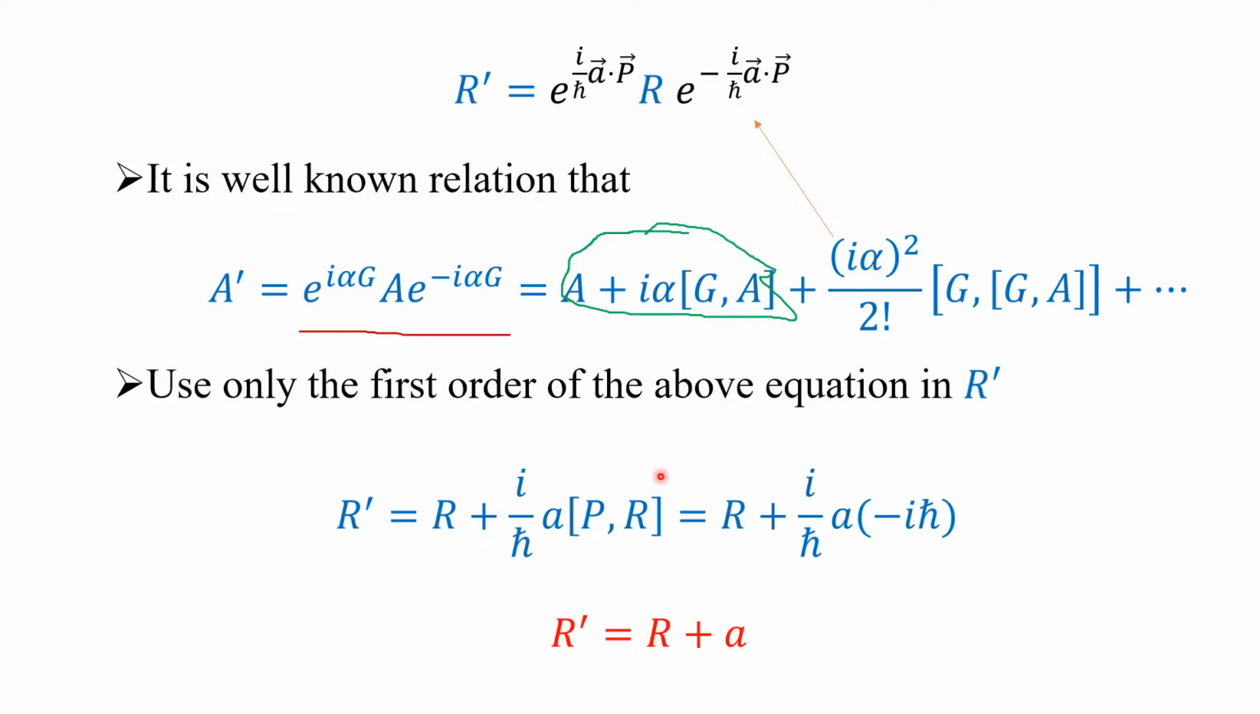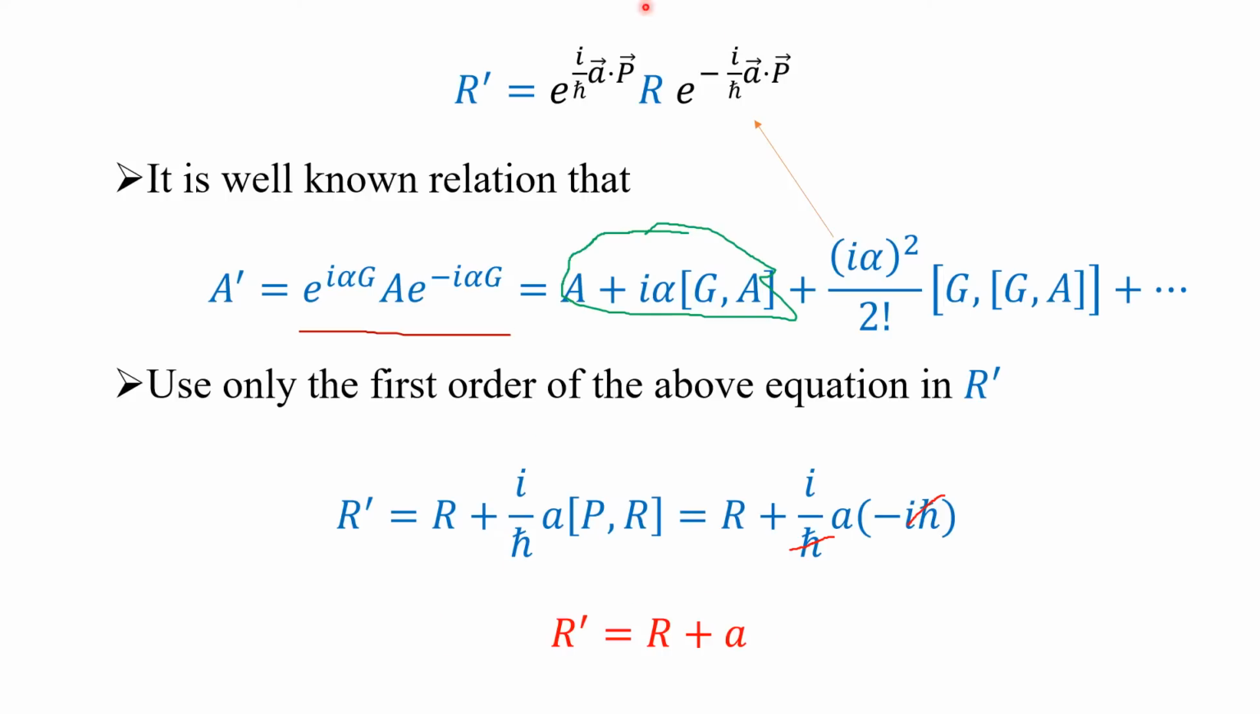So the operator is R, G is the generating function, which gives R plus i over h cross A times the commutation of P with R. The commutation of P with R will become minus i h cross. Here you can cancel out the h cross and this h cross. Then you will have only i into minus i, and i into minus i is equal to 1. So the second term will become A. That is, R prime will be equal to R plus A. That is what we got